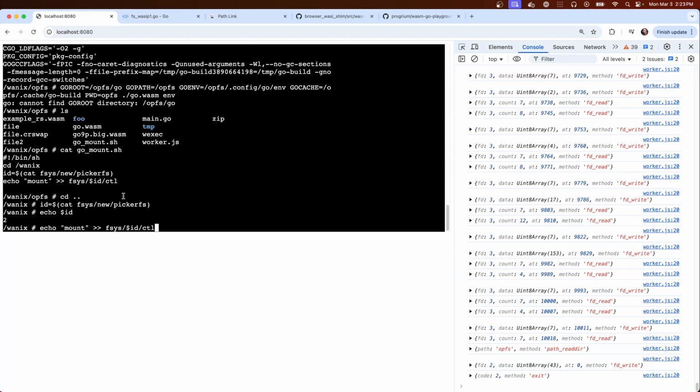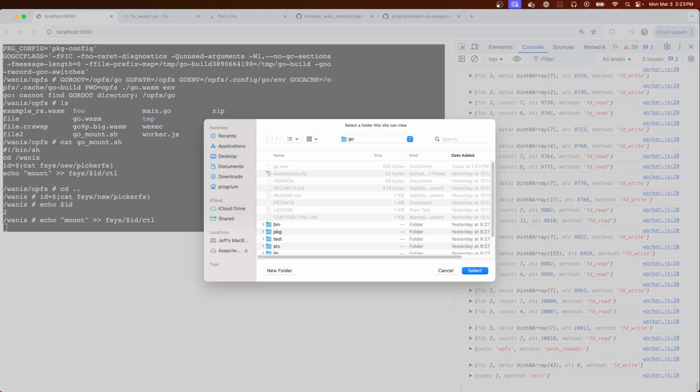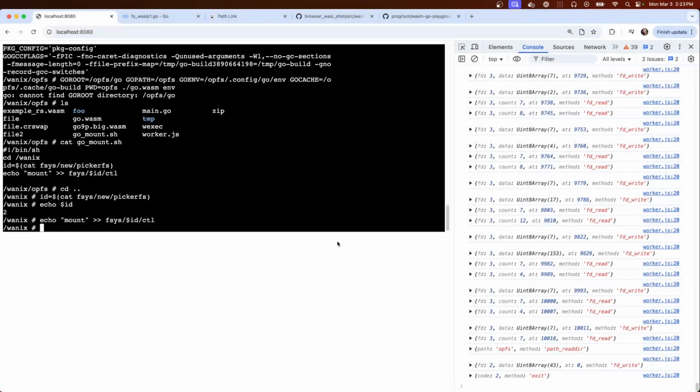All right, hopefully this pops that open. It's already on my Go root directory that I want to export. And then, the one thing I didn't put in the shell script was doing a bind.